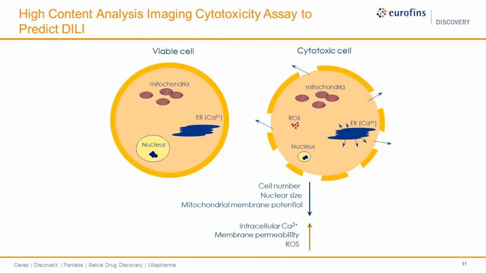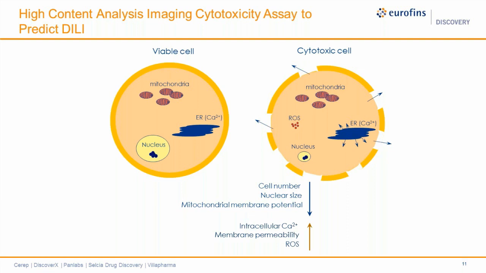Decrease in mitochondrial membrane potential indicates mitochondrial dysfunction. We also know that increases of intracellular calcium, membrane permeability, and reactive oxygen species may cause cytotoxicity. By measuring those cellular parameters, we can provide you with rich information on the reasons that test compounds cause cytotoxicity